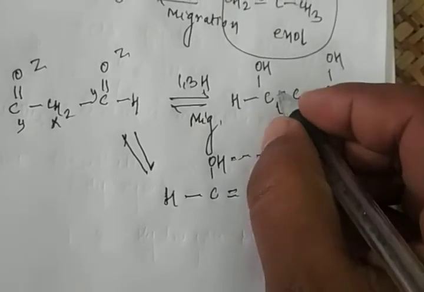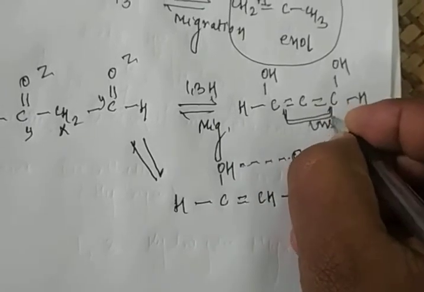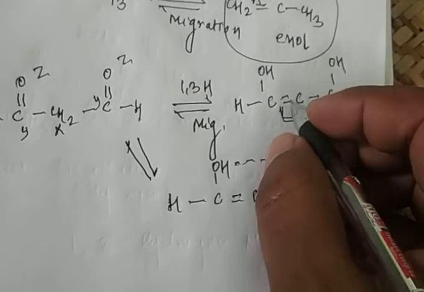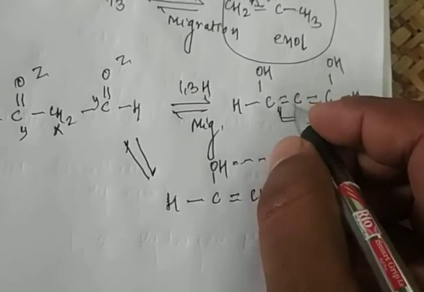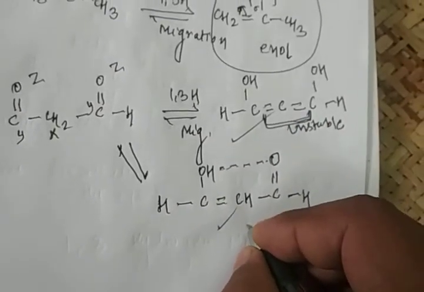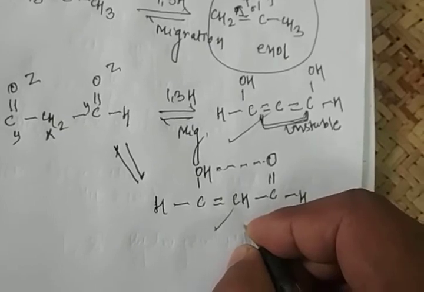But there is a pi sigma lone pair. In any structure, if there is a carbon, and then two carbons attached with two double bonds on the next carbon atom, suppose here there is a double bond and here also. If you see such a compound, this is more unstable, so of the two, this one is stable and this is more stable. Clear? 100% clear? Okay. Now the next example, just check the next example, just wait.